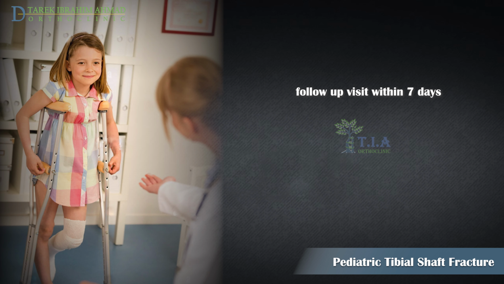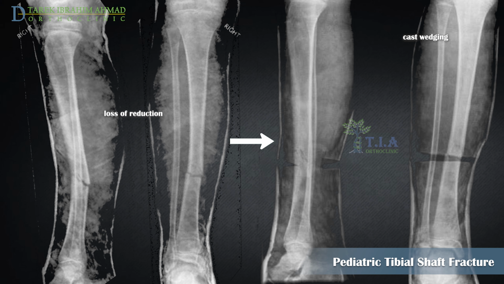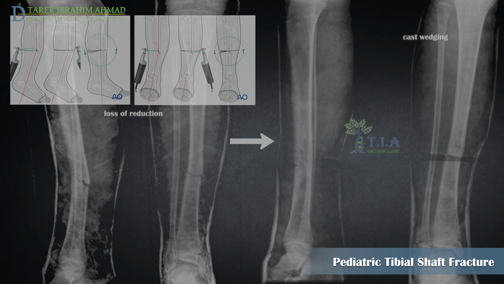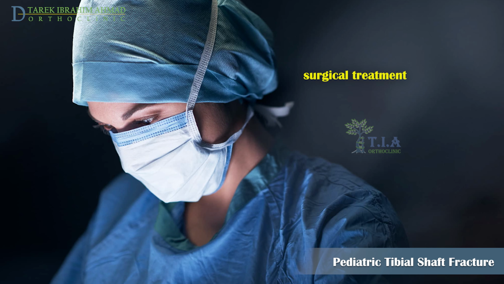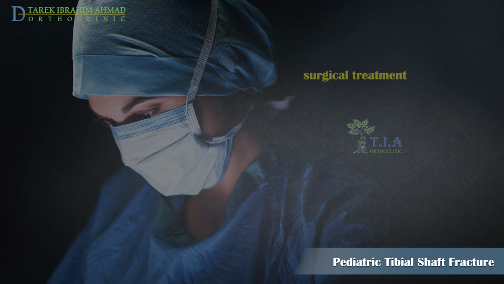Tibial and/or fibular shaft fractures that undergo closed reduction should be evaluated by an orthopedic surgeon within a week. Subsequently, the patient is seen on a frequent basis for the first few weeks to monitor for any displacement or angulation. Loss of reduction may be corrected with opening or closing cast wedging. The child may need surgery if they have a more complicated or severe fracture.